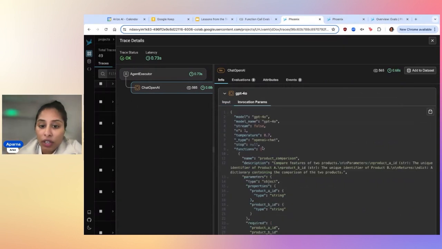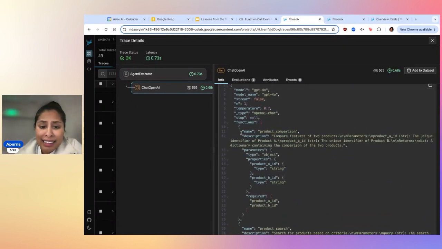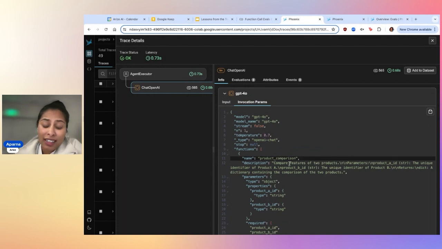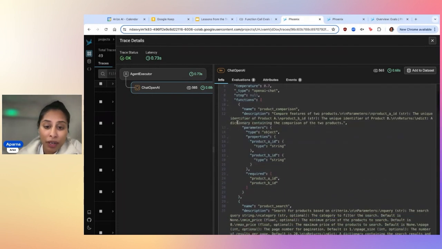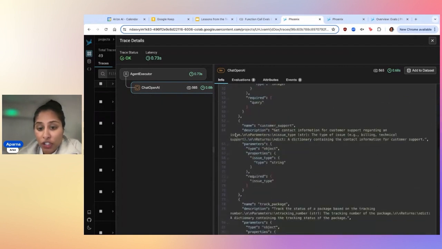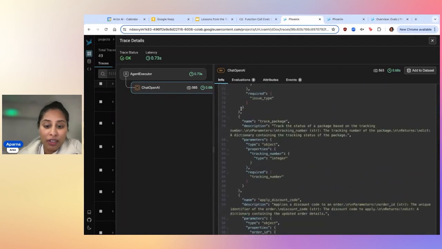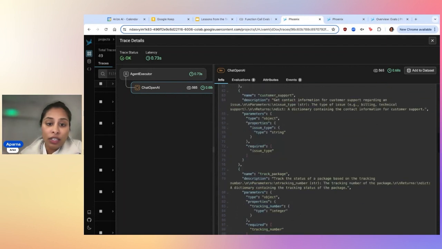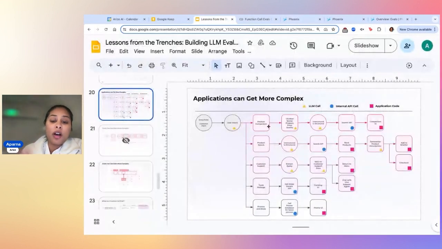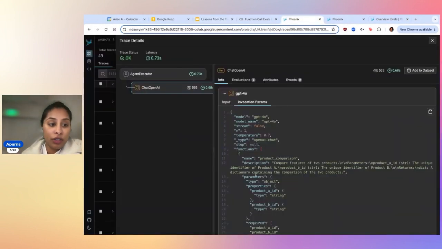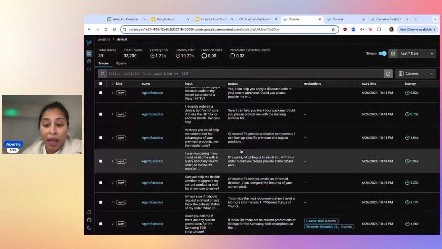If I go over, I can see in this case it did a product comparison function call. The ones it has access to are product comparison, product search, customer support, and of course track package. It can decide across those different execution branches, similar to what we're showing over here, and then decide which one it should actually use to go down the path of.